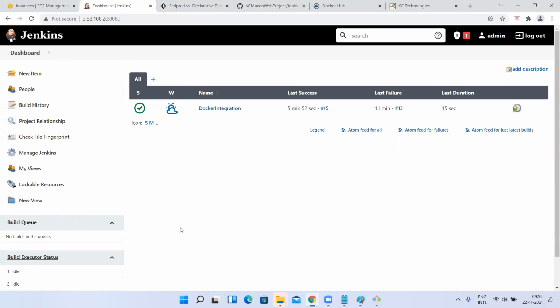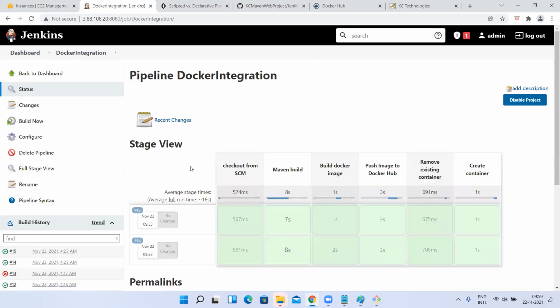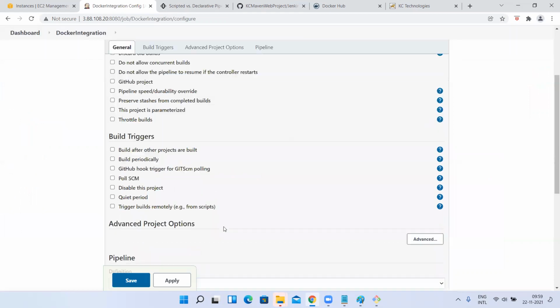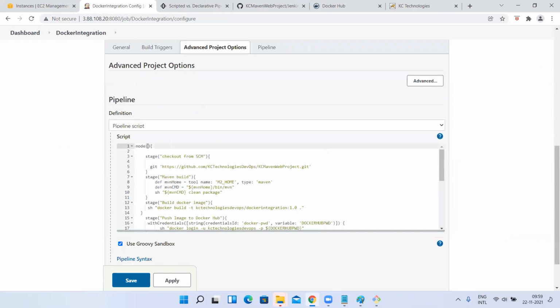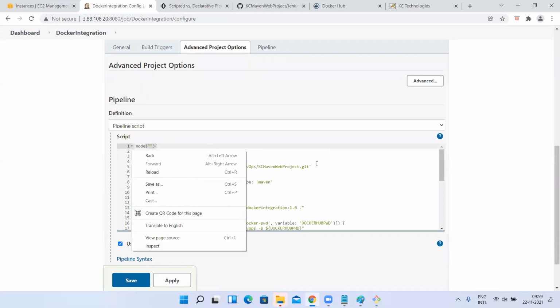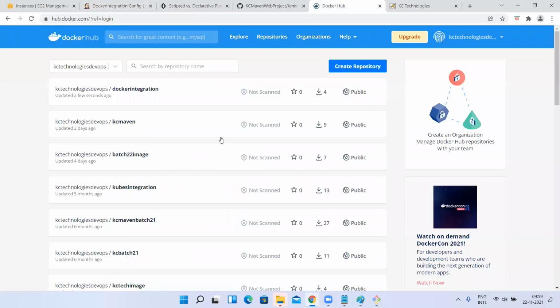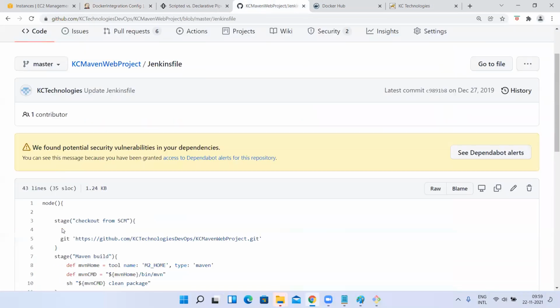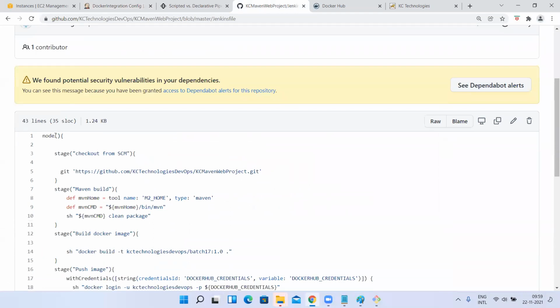Inside the job, we'll set the label of the job. But inside a pipeline job, if you want to restrict this job to execute only on a particular node, how will you restrict it here? Yes, you're right. In the node, you'll give the label. Inside the node, you write the label in double quotes or single quotes. So you are restricting this job to be executed on this particular labeled node. Understood, guys?